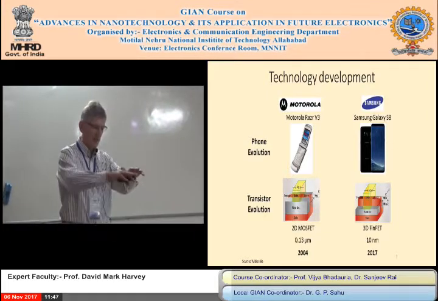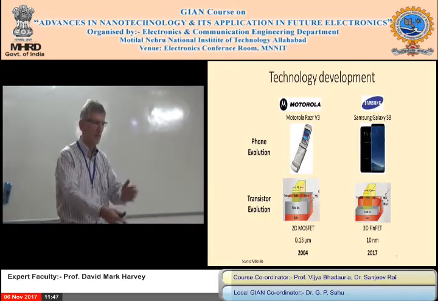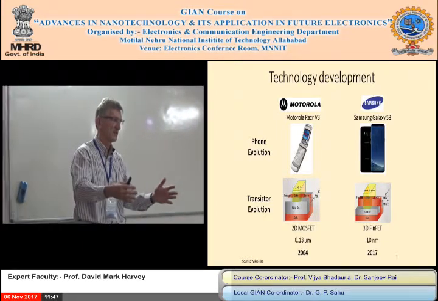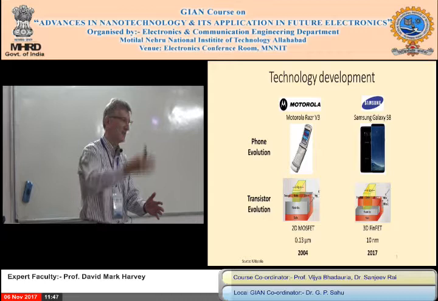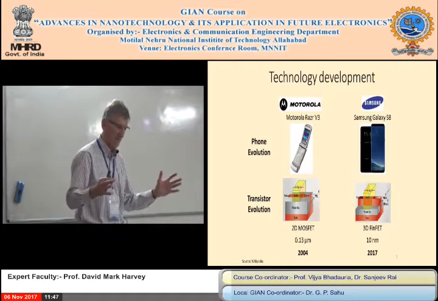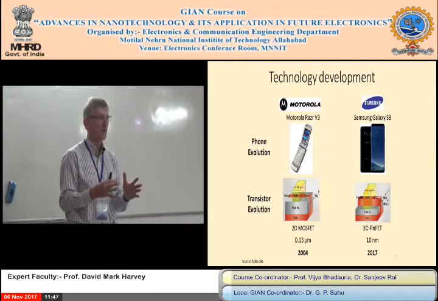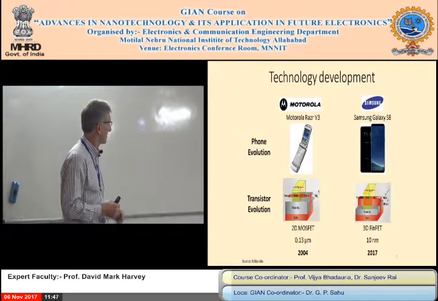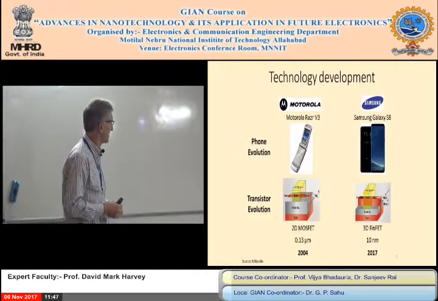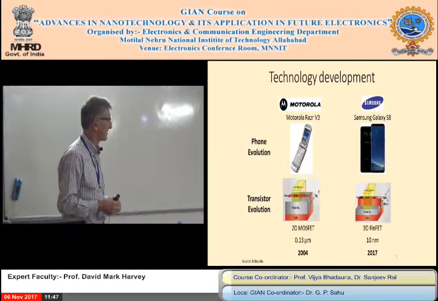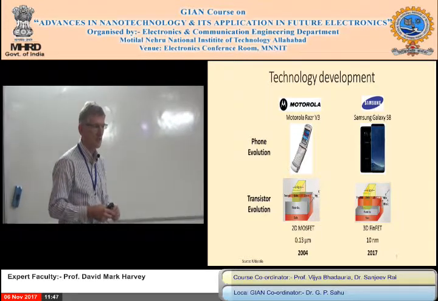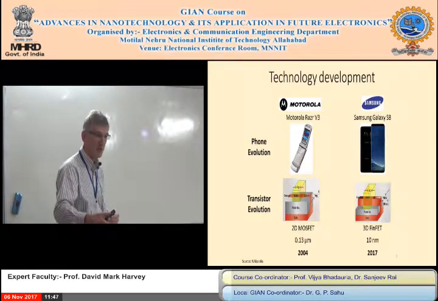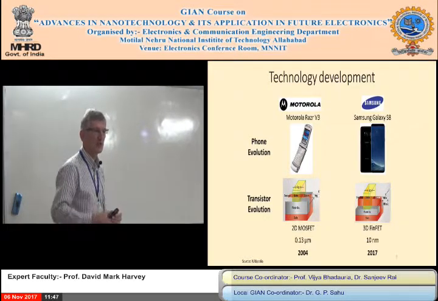So instead of just having planar transistors, now the gate's going up. So you're not just going in the X and Y direction, you're going in the Z direction. So you can get even more transistors on the chip. 10 nanometers. And the next step is supposed to be going up into 7 nanometers. Tends to go in 0.7, then probably 5 nanometers, and maybe 3. And I'm not sure I can go beyond that.